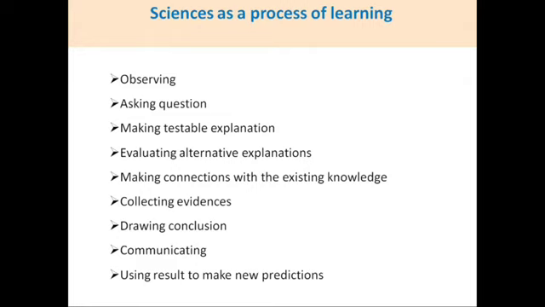Now here two things are there. Existing knowledge means whatever teaching learning materials are available: text, net, encyclopedia, books. So what existing work has been done in this area, and also students can make connections with their own learning,